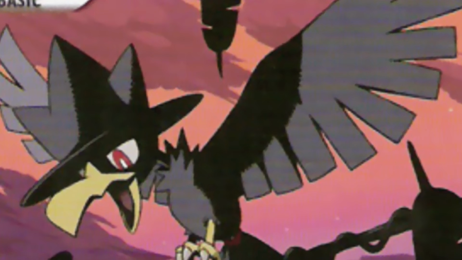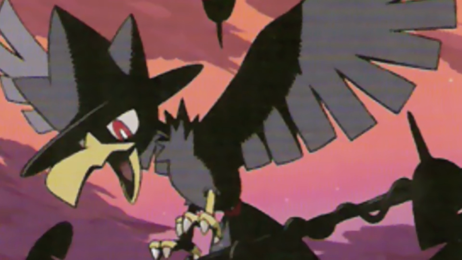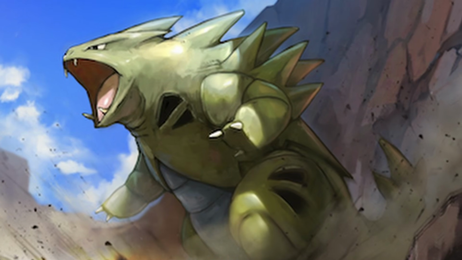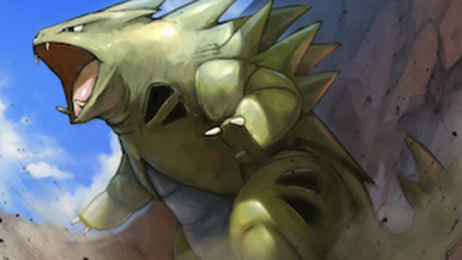I say Murkrow should be found at night on routes 36, 37, and 42 in either the tall grass or in headbutt trees, and in the headbutt trees in the Ilex Forest as well. The only evolutionary lines that I think could stay locked behind the post-game would be the pseudo-legendary Tyranitar line and